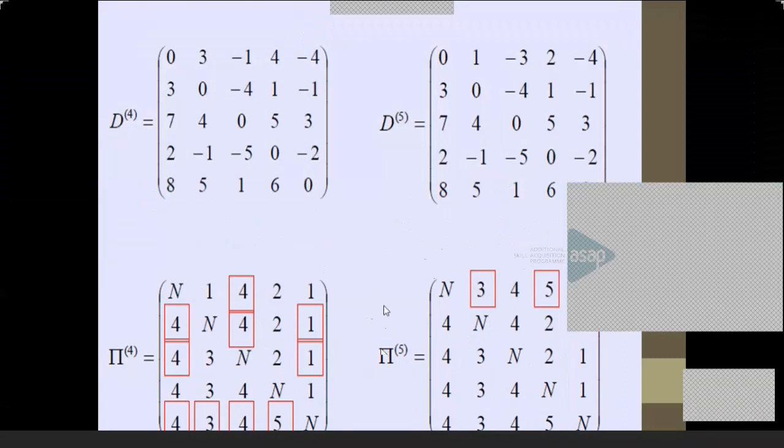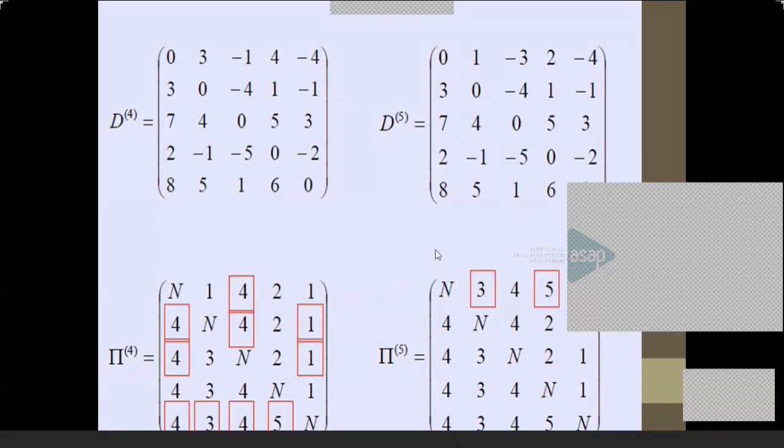Why is there D and pi? D is actually the distance matrix. D will give you the distance from I to j. Then if you want to print all the intermediate vertices involved in I to j, you need pi 5. Here you can see the predecessor of this is actually 1 to 2. For the shortest path 1 to 2, the predecessor is 3. Then that predecessor will be obtained from here. Then 4. Like this, we will be constructing it finally.